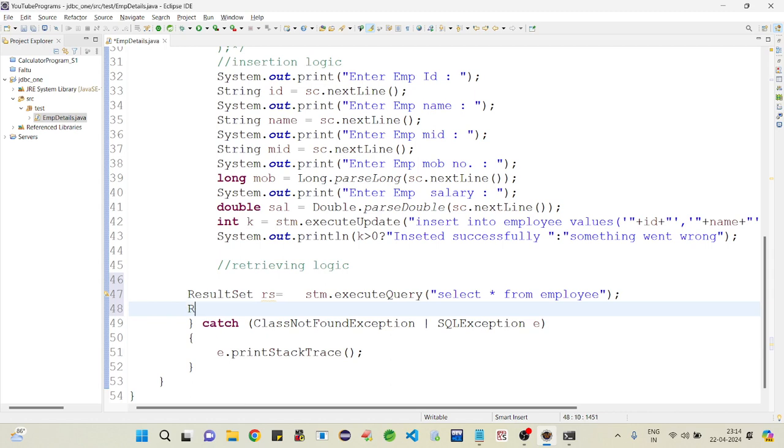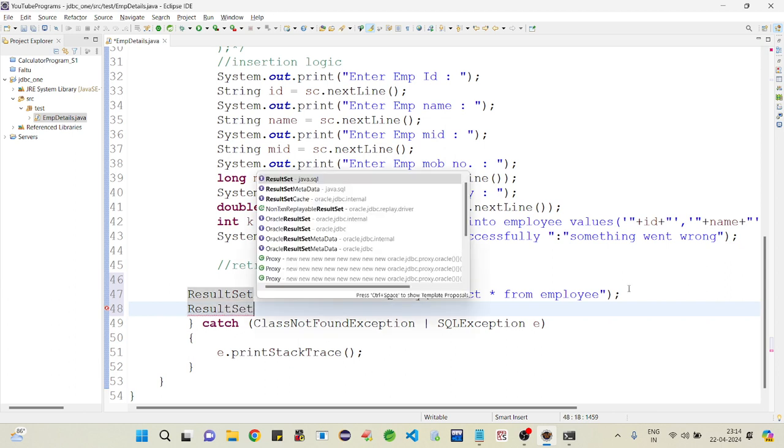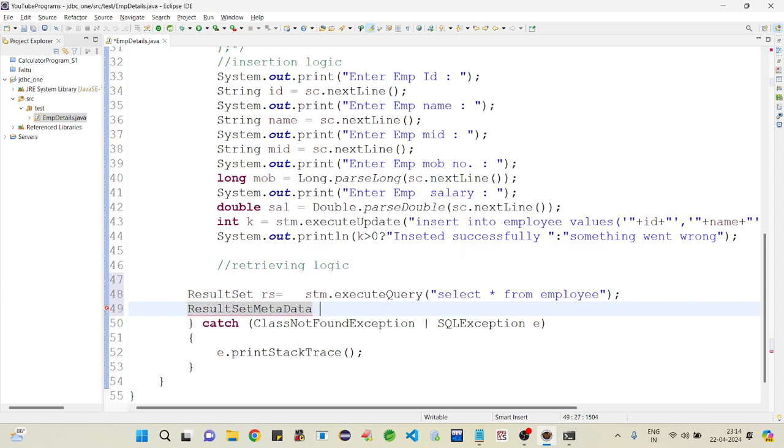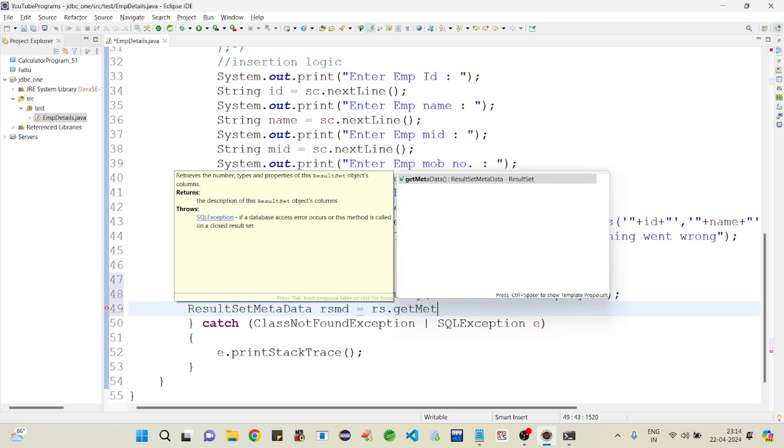Now I am going to create an object for ResultSetMetaData to know the number of columns available in the database table and the column names: rs.getMetaData.